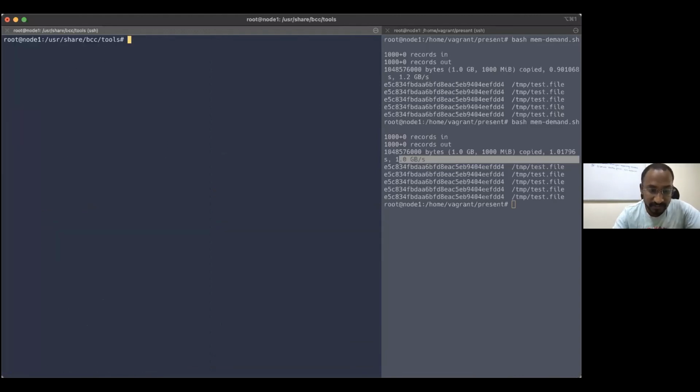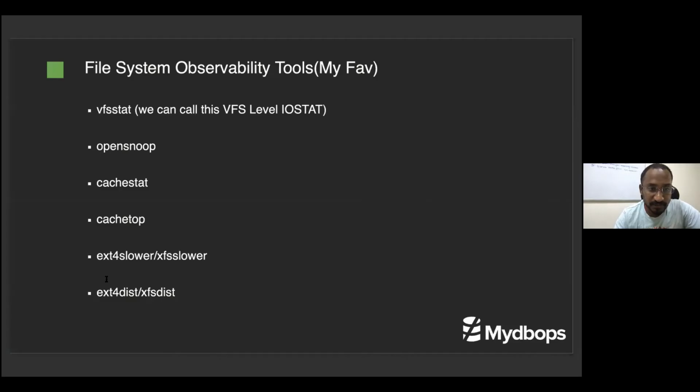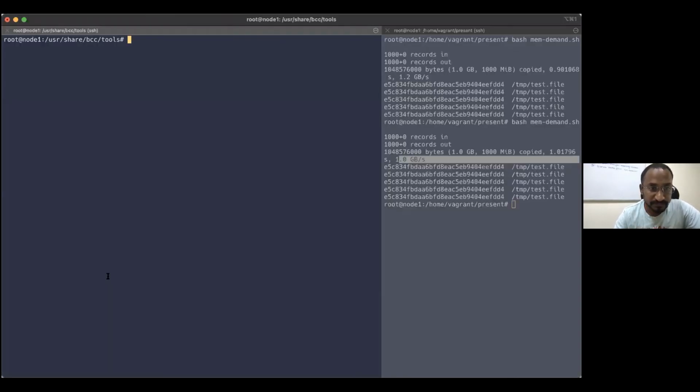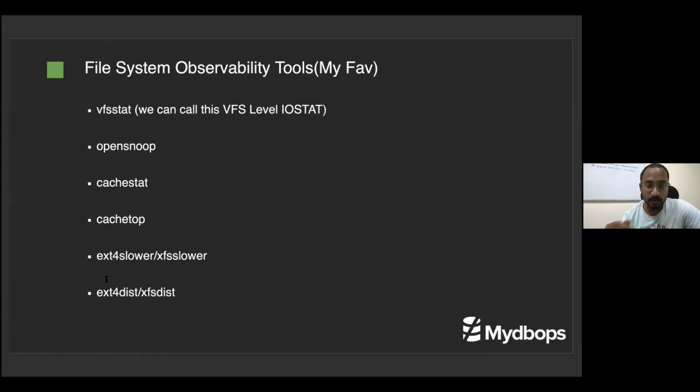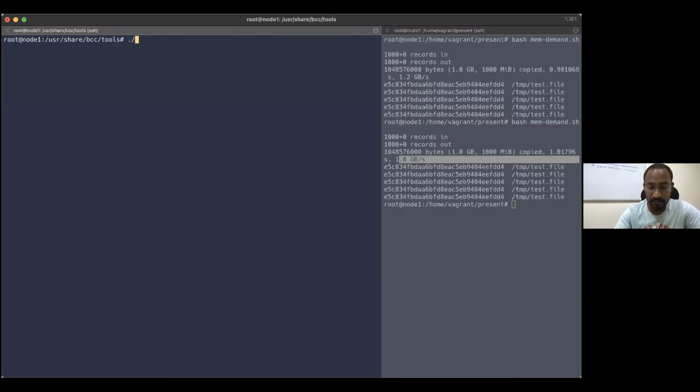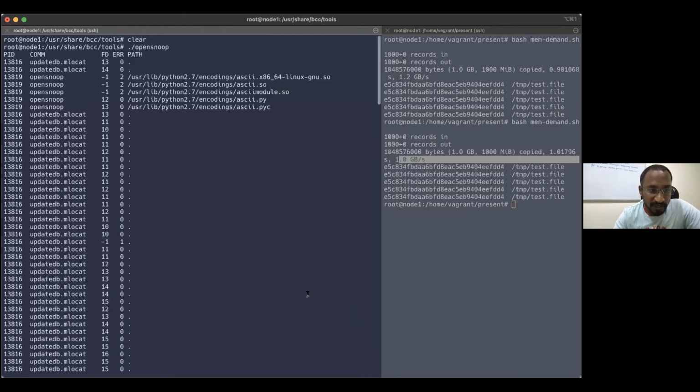Let's clear this. The next tool is opensnoop. I will capture more detail, so you can easily understand which system call is creating the noise, read or write or something like that. What are the files being opened very frequently in the system?